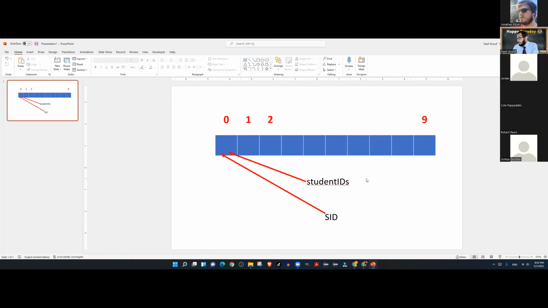You can't control it. You cannot change it from reference to a value. If you want the arrays to be treated pass by value, then pass an element, one element at a time. Otherwise, it will always be passed by reference if you pass an array into an array. Okay. Any questions so far, guys?